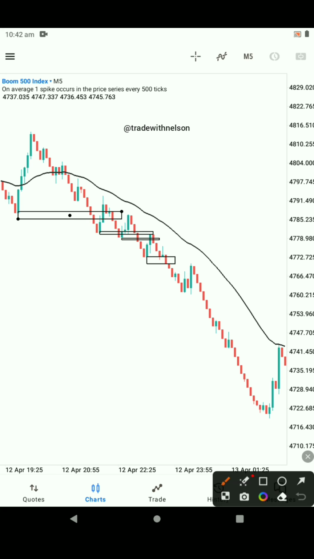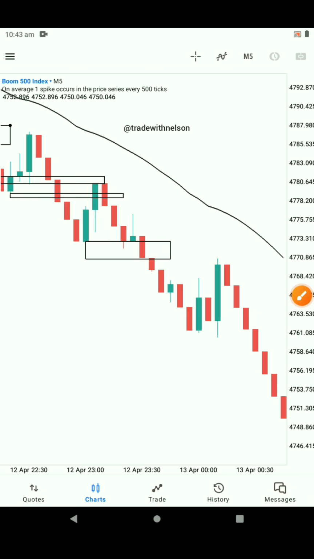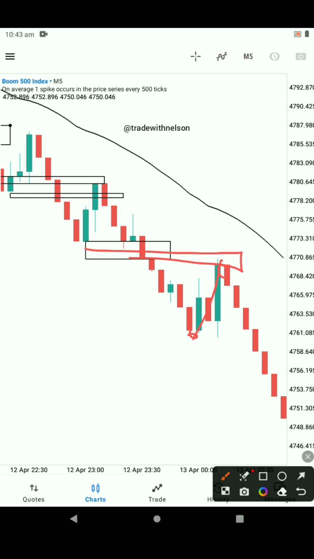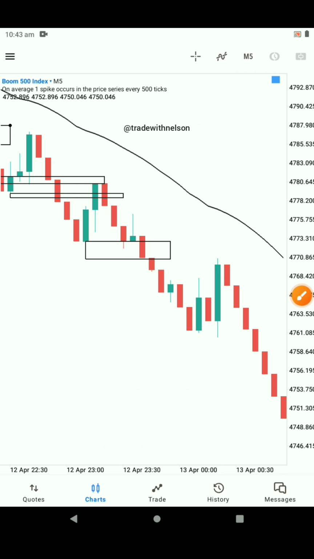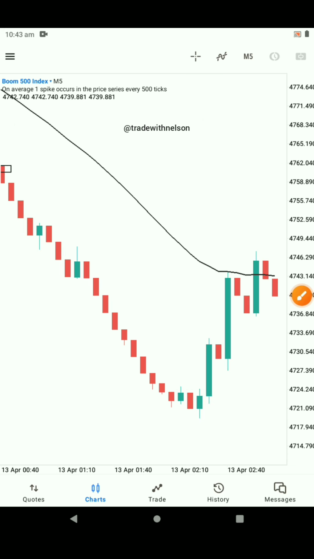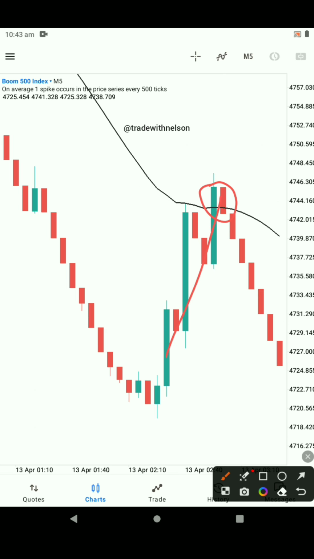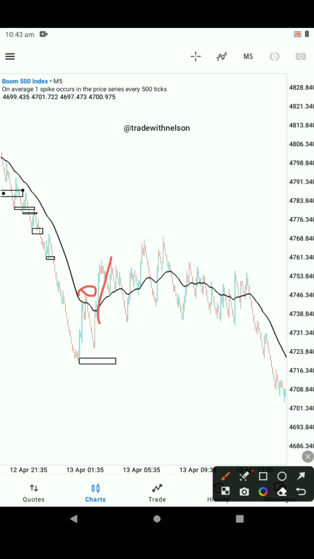So you will do that until when the moving average crosses the candles. So you can see at this point, this is another swing low. Market comes up to retest this level, then you have another entry around this point, closes below, you enter a sell and count your 3 candles. So you see that market did not give you any swing low over here until it comes to cross the moving average. So once you have this spike that breaks this high, then you go to your higher time frame